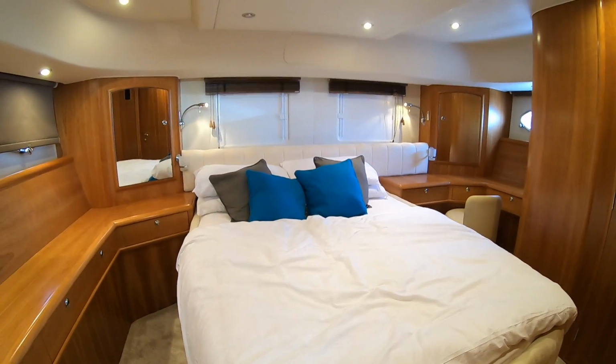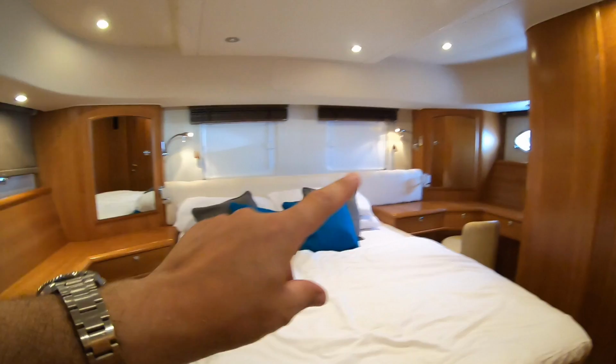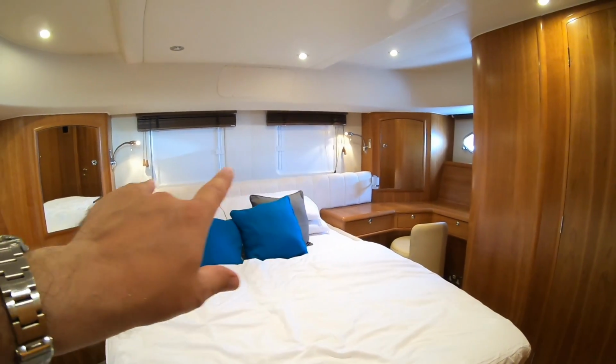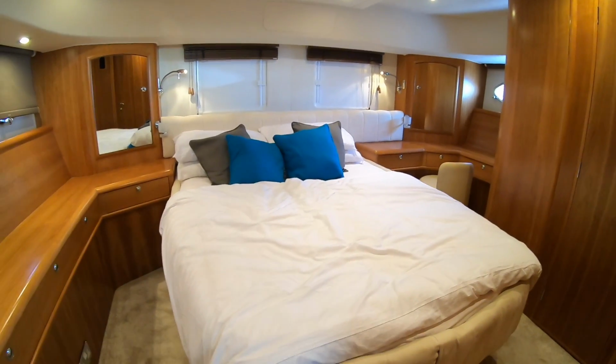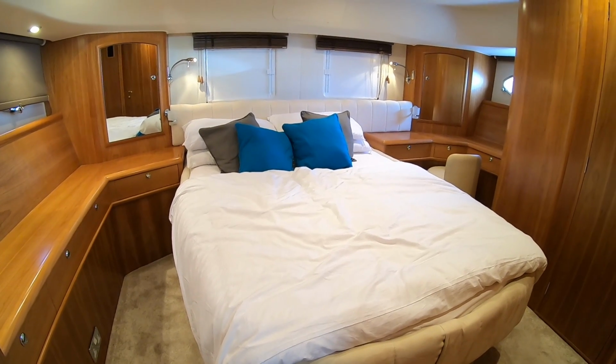Now that in a 45-foot boat is incredible. It's the full beam of the boat. You can just see the portholes on this side and then again on that side, and those are windows at the back of the boat. But that feels more like a bedroom than a cabin. If you're cruising on the boat for long periods of time, that's a really lovely area to be able to